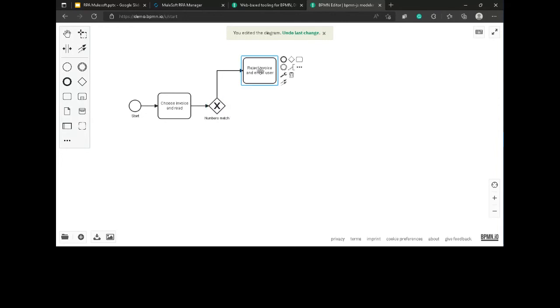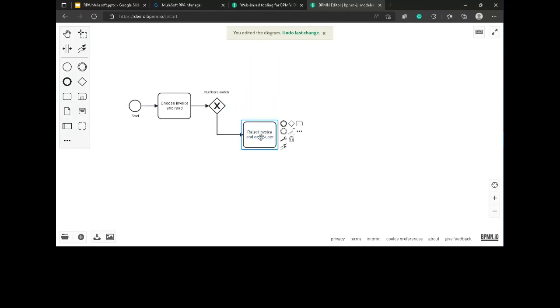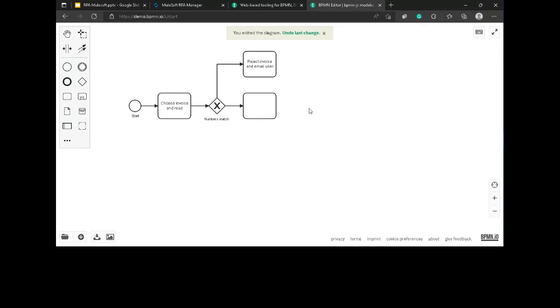Similarly, I want to add validation successful, and date time, and the second event. So I connect the end event.